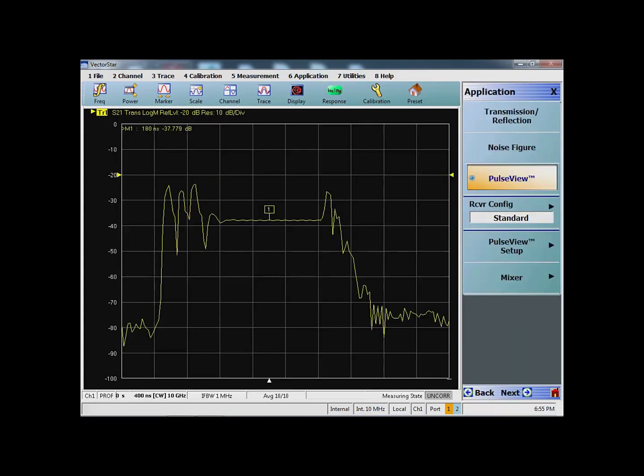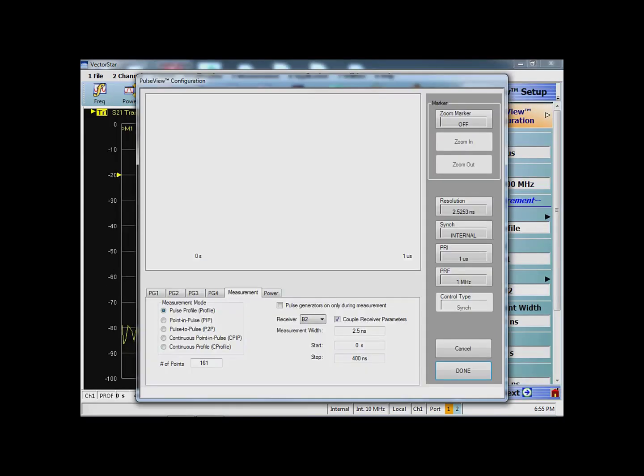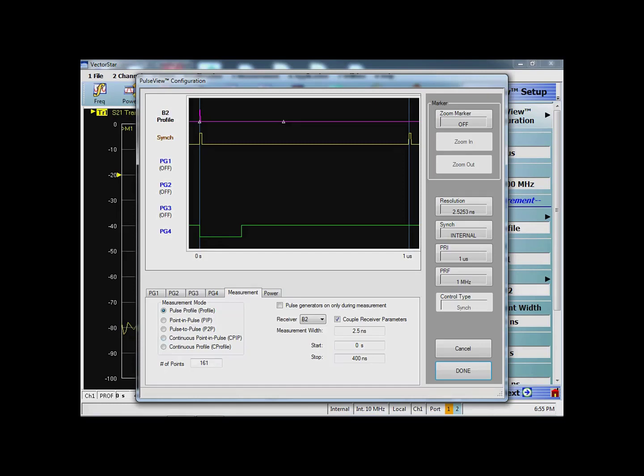So I go into pulse view configuration. This time I select the point when pulse. My receiver is still the same because I'm using the same DUT as the last video, the pulse demonstration module that I discussed in the last video. Now this time the measurement width is basically 100 nanoseconds, because we saw that we want to start the measurements from say 140 nanoseconds and we want to go to say 240 nanoseconds,